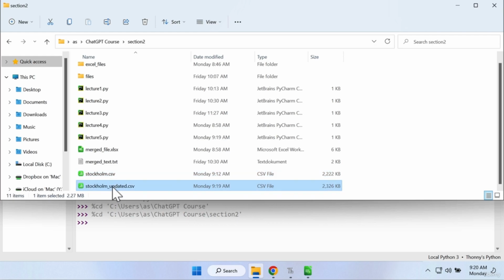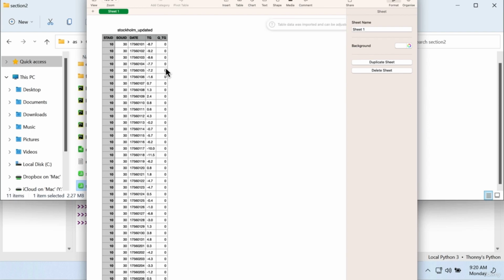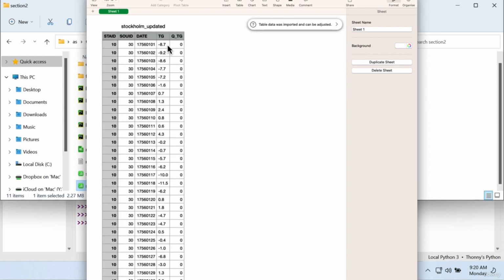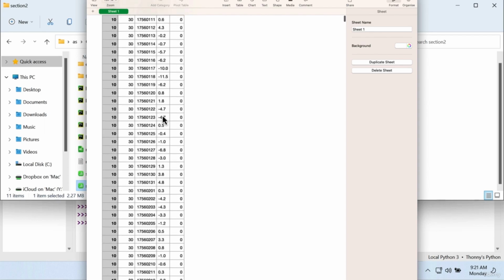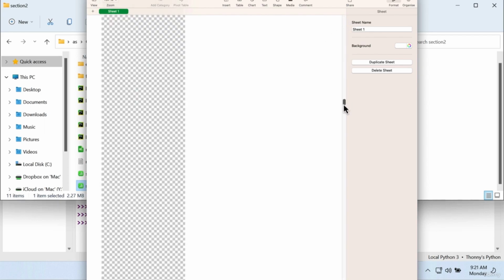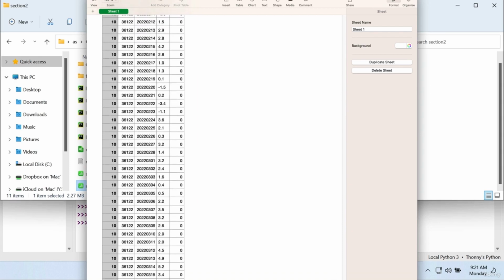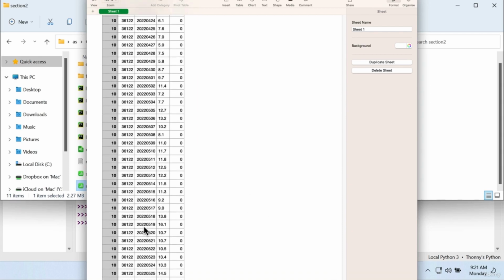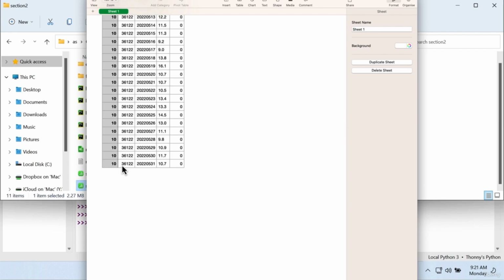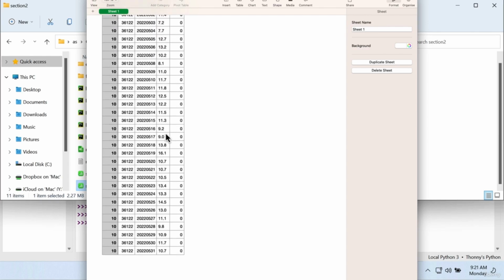So there we go, in my file system. I'll double click that, and yeah, that's the updated file. As you can see, the values of the TG column now are decimal point numbers, for example minus 8.7, so that's supposed to be Celsius degrees, and yeah, we've got the same for every row, and that's many rows. Dozens of thousands, more than 36,000 rows. Each of them has been